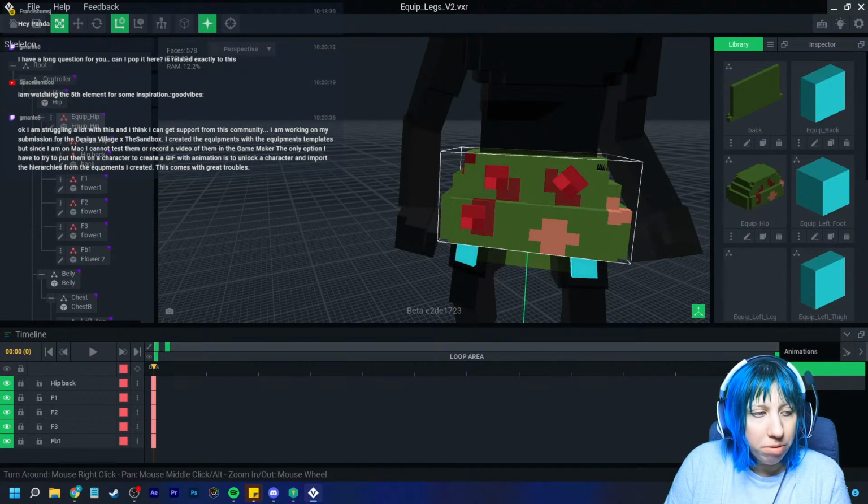I think I get support from the community. I'm working on my submission for the design village. I created the equipment with the equipment template, but since I'm on Mac, I cannot test them or record a video of them in Game Maker. The only option I have to put them on a character to create a GIF with animation is to unlock. No. Right, so,